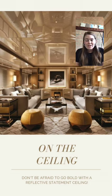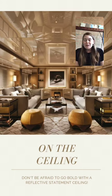This was a really quick Tuesdays at 2. We just wanted to highlight a few inspirations for different ways to use mirrors. Of course, there's several more that we could have mentioned, and we'd love to hear how you use mirrors in your space, so let us know if you have any other